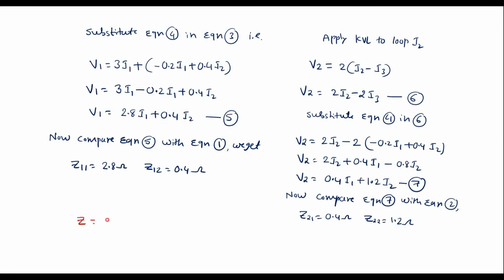Z matrix Z is equal to Z11, Z12, Z21, Z22, which is equal to, Z11 is 2.8 ohm, Z12 is 0.4 ohm, Z21 is 0.4 ohm and